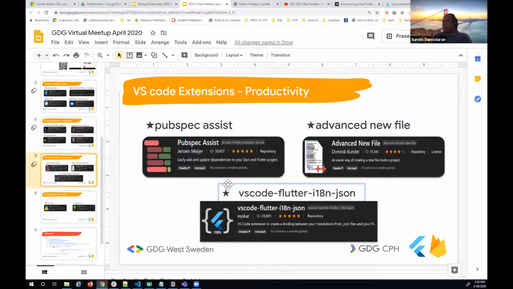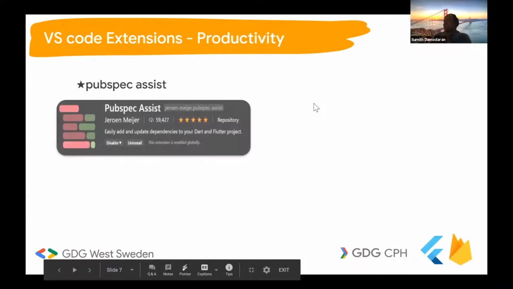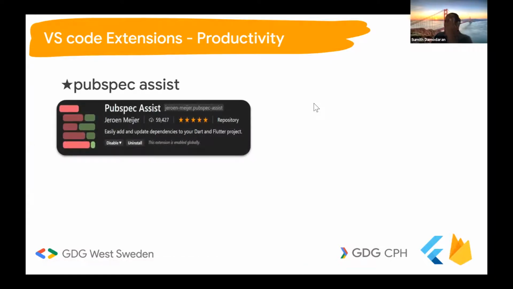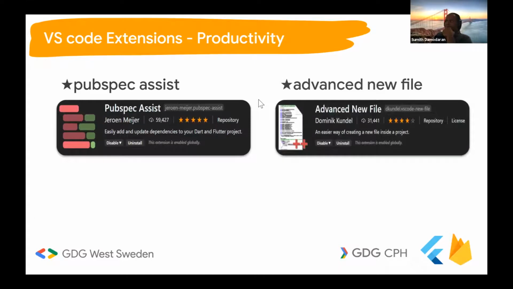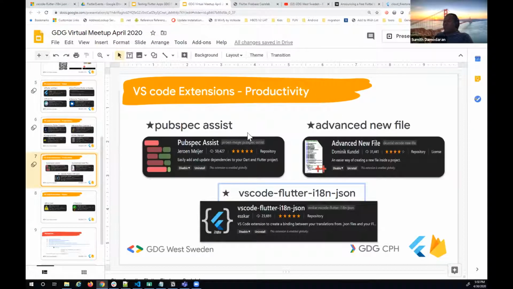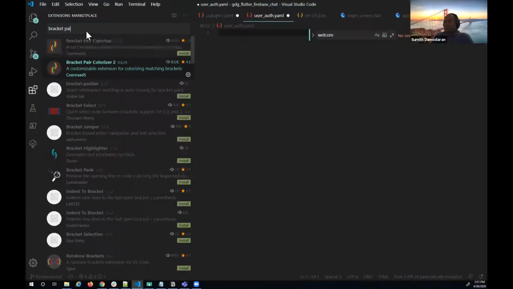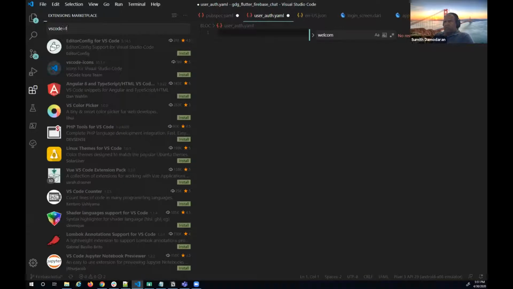So another good extension. The next one is something which is especially useful when we are working in Europe, where we want to build an app that is multilingual. It is this one, VS Code Flutter I18n JSON. It was an interesting find for me because I was trying to figure out an easy way to create translations for my app. Again, go to extensions,